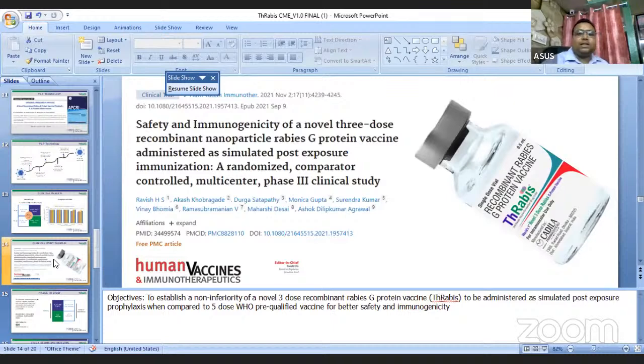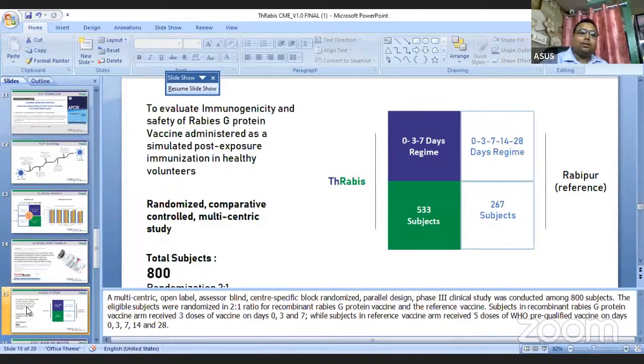Safety and immunogenicity of novel 3-dose recombinant nanoparticle rabies G protein vaccine administered as simulated post-exposure immunization, a randomized comparator-controlled multi-center phase 3 clinical study. This is Thravis. To evaluate immunogenicity and safety of rabies G protein vaccine administered as a